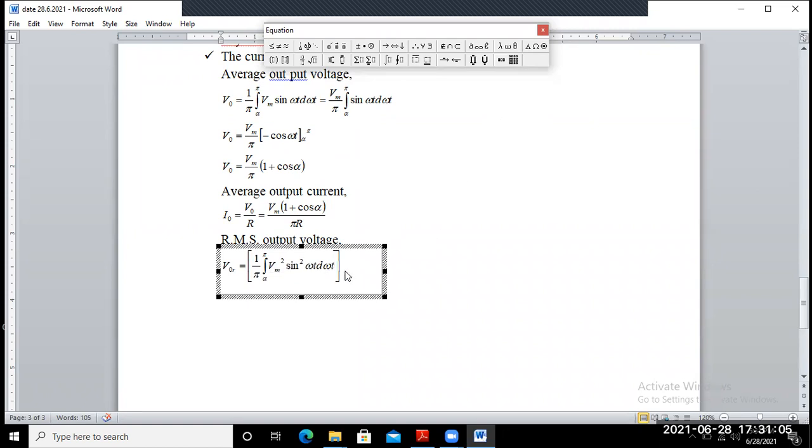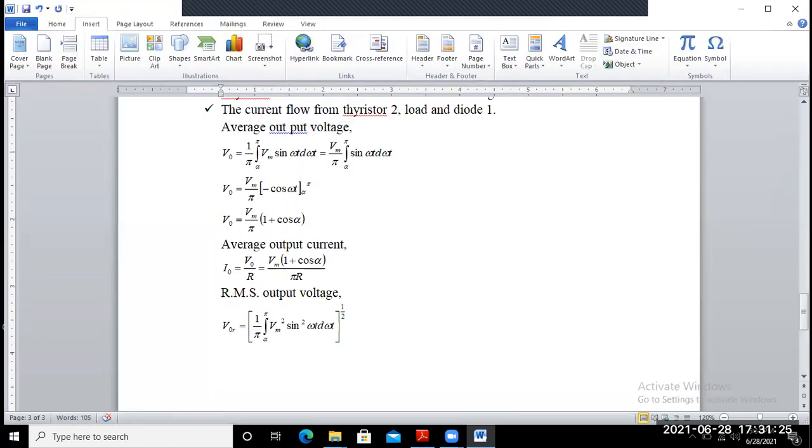Whole to the power 1 by 2. So just put here 1 by 2. Okay. So next we put here, since sin square omega t cannot be directly integrated, we put in a cosine term, that means 1 minus cos 2 omega t divided by 2. Okay, so we can take the Vm square by pi here. So just we can write here